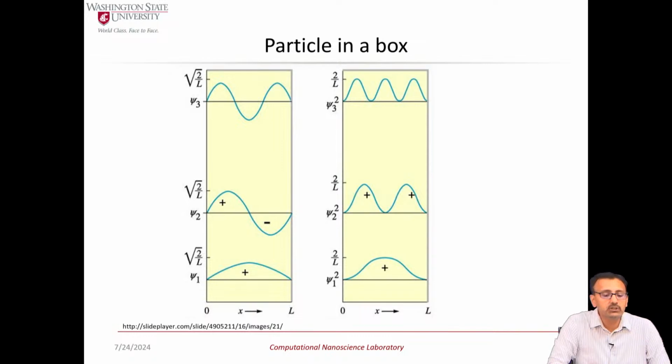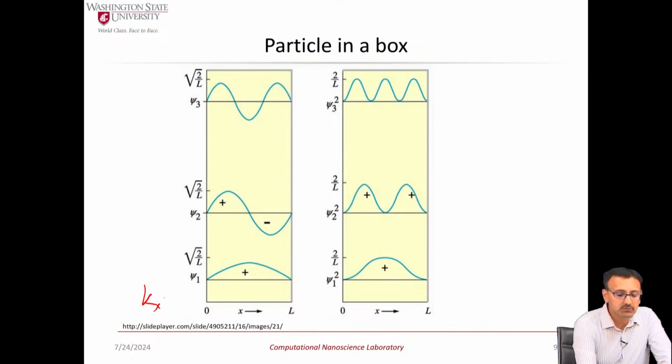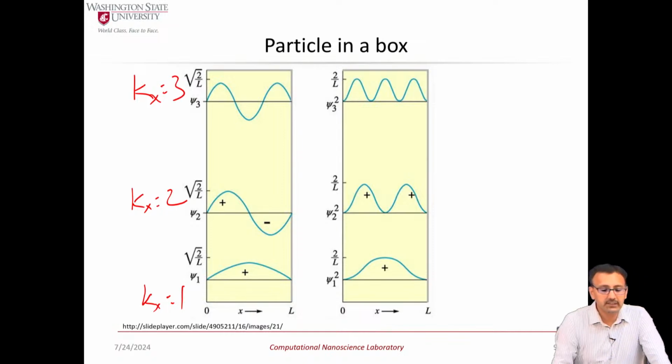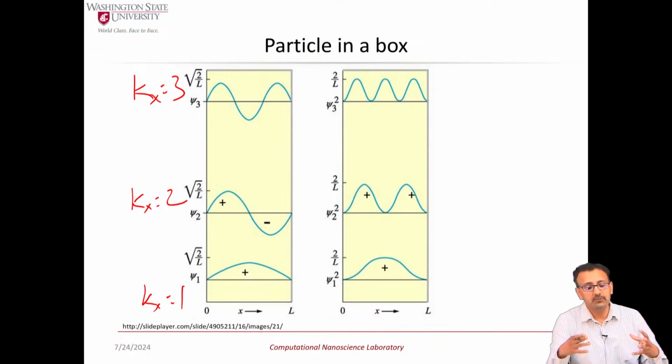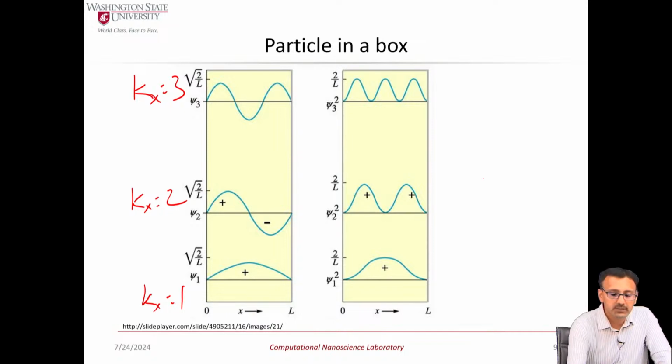If you are interested in visualizing the solution that I just showed you in the previous slide, I have 2 graphs here for the 1D situation. You can extrapolate this again to 3 dimensions. So, the left plot here shows you some of the modes, the wave functions for kx equals 1, kx equals 2, and kx equals 3. So, what we are looking at is the wave functions themselves for the first 3 quantum numbers from the previous solution, all sinusoidal, right? Now, again, there is no easily understandable physical variable that you can assign to these solutions, but you can assign